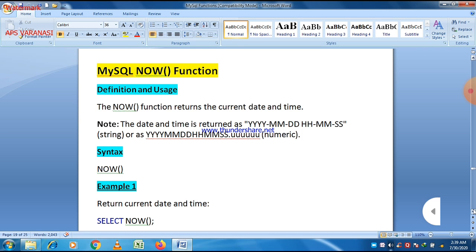First of all, the MySQL NOW function, as the name says. It exactly returns the current date and time, and the format of the date and time is year, month, date, hours, minutes, and seconds. So this is the default format which is provided by MySQL. You have to use NOW with a SELECT statement because